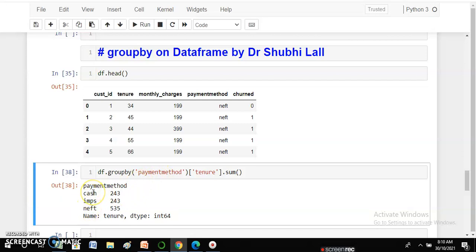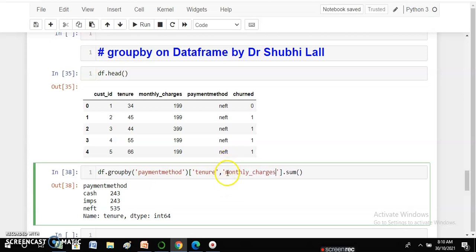So we have done the grouping on these three values and now we are applying the aggregate function, the function sum, on the numeric field tenure. We are trying to find out the sum total of tenure for cash, sum total for IMPS and sum total for NEFT. Now suppose I also want to know the total for, let's say, monthly charges.